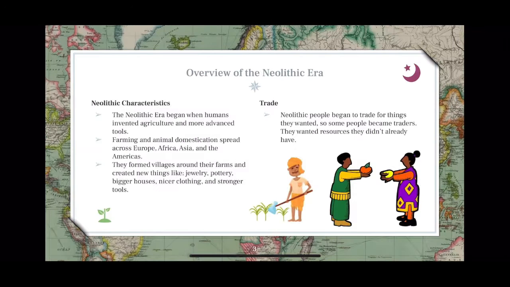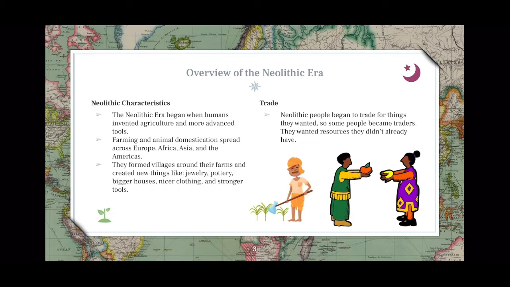The Neolithic Revolution began around 10,000 BC, when human beings organized into living groups and learned how to manage agricultural resources. Farming and animal domestication spread across Europe, Africa, Asia, and the Americas. Villages were formed around farms and new commodities were created, such as jewelry, pottery, bigger houses, nicer clothing, and stronger